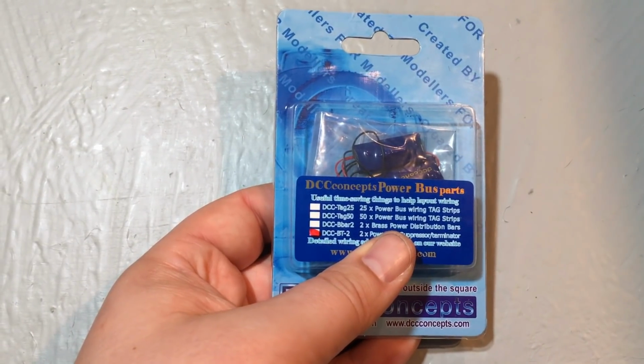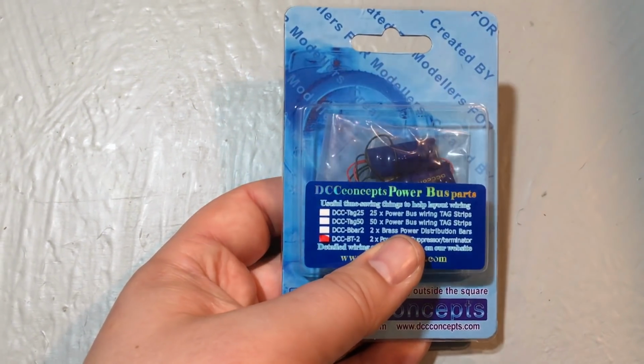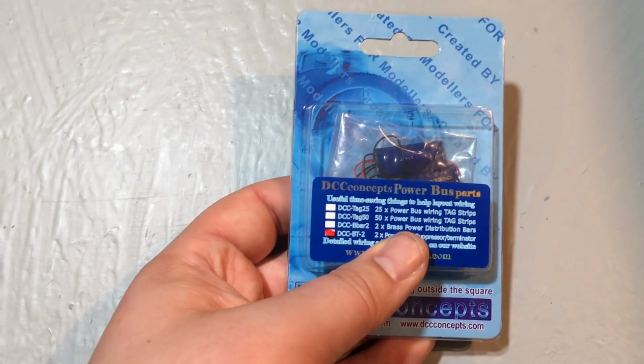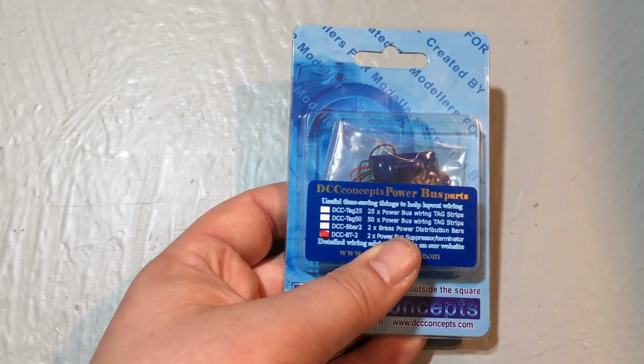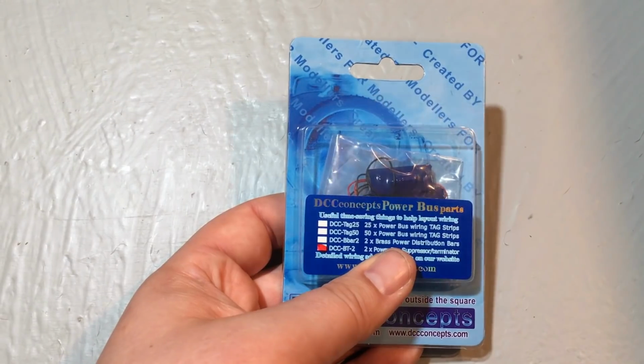They're actually a device that effectively just takes those spikes that can occur when, for example, a wheel shorts across the frog of an insul frog point and just creates that horrible spike, which sometimes can cause a decoder to pop. That can be caused by, amongst other things, if a locomotive or rolling stock wheel momentarily sparks across on, say, an insul frog point that's been left wired as an insul frog point, and it's easy enough to do. I've done a few on this layout. It can sometimes cause a spike in the DCC supply as the supply can't quite react fast enough to kill the power. So what these do is they absorb that spike and stop them from doing any damage to the